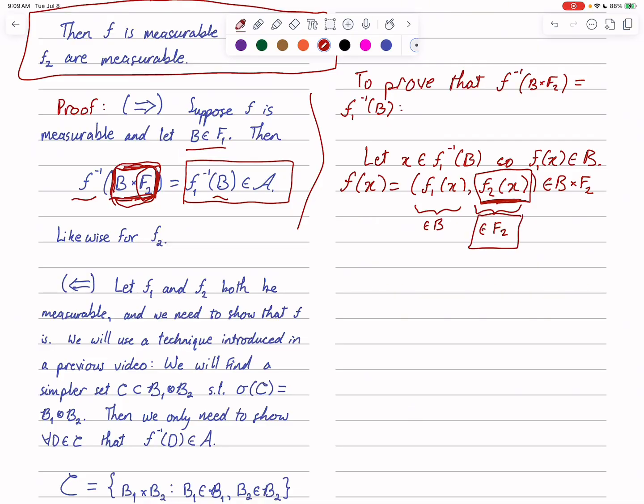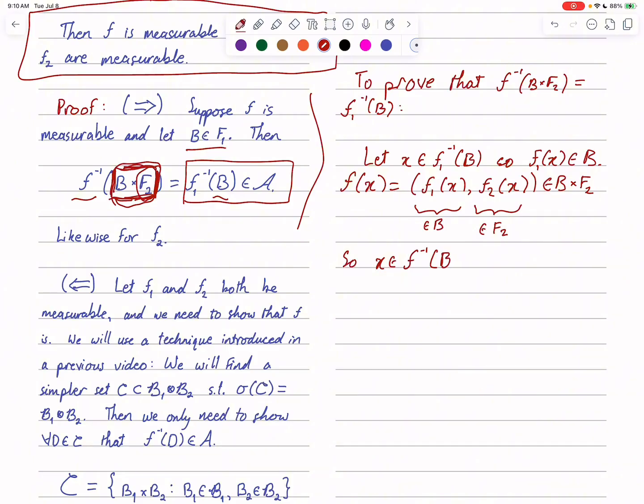Well, if that set there is F2, then anything in this coordinate is acceptable. And that's really the reason why F2 was the right choice for this particular step. So, just to complete the thought here, we get that x is in the pre-image